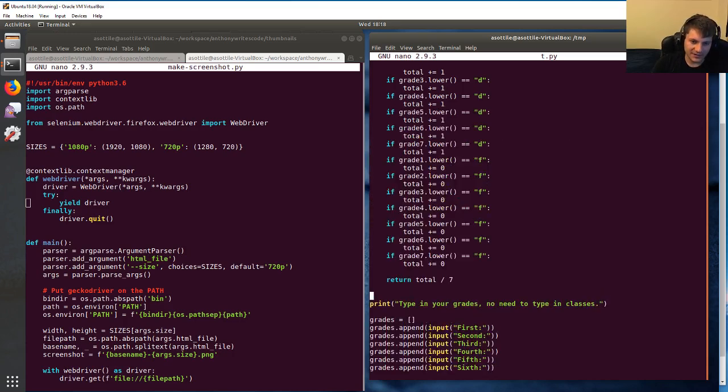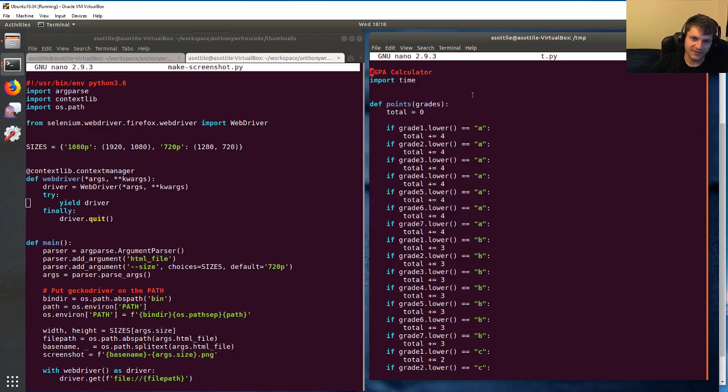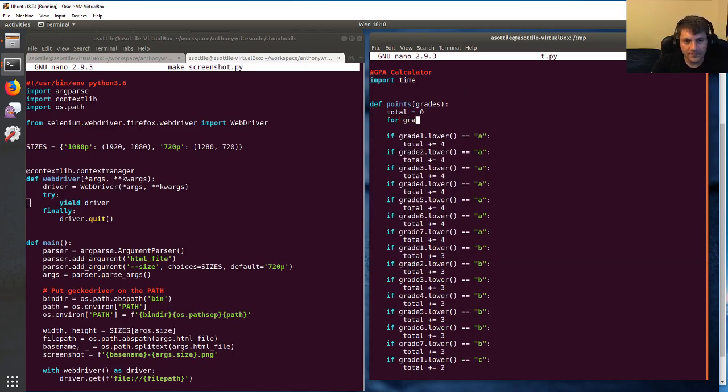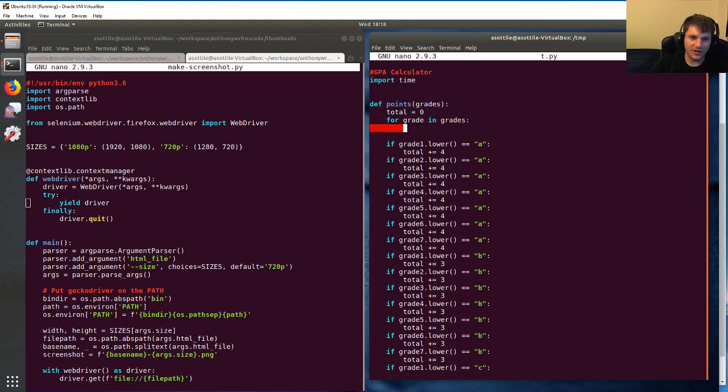So now that we have a list of grades, we can change all of these if statements to just a loop here for grade in grades. So this will give us each string inside this list. And then we can do if grade.lower is A,